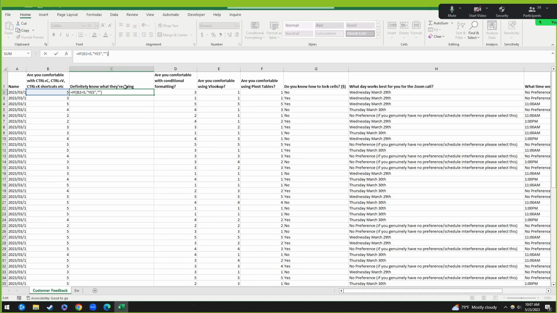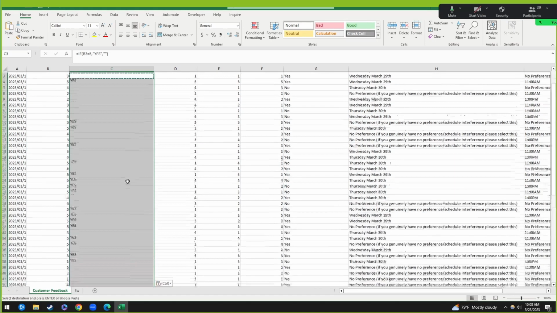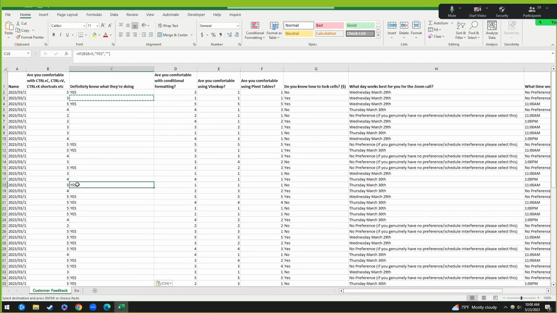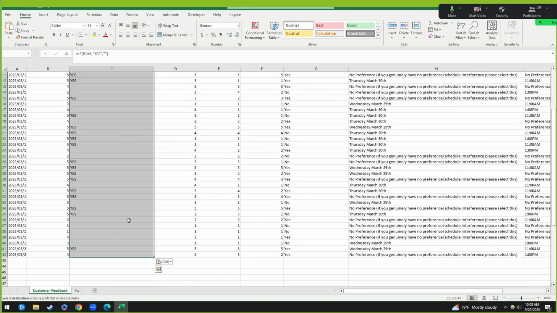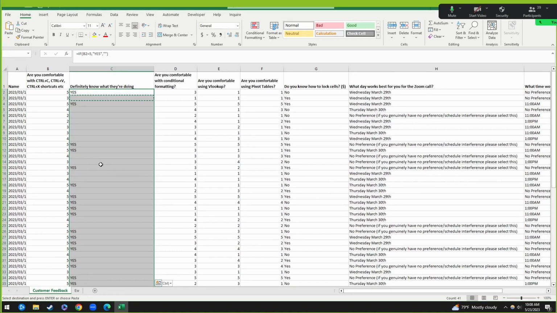So now you'll see that because that's a 5, it says yes. But if I copy that down and paste it here, it says no. Well, it doesn't actually say no, but it says no because the false value is nothing here. So if I copy this all the way down, you'll see it only puts yeses where 5s are. So this is the basis. It's useful for an unbelievable amount of things in Excel,